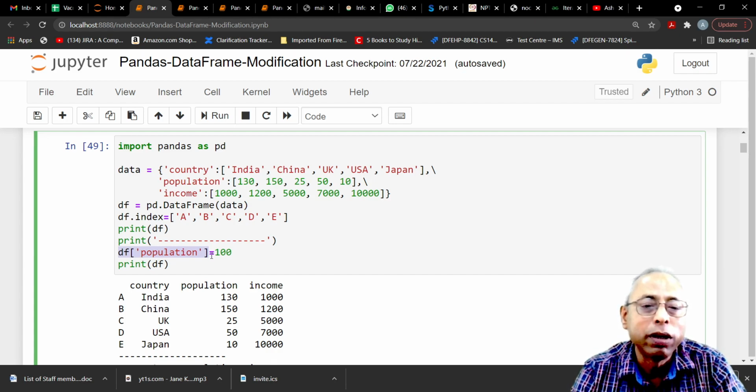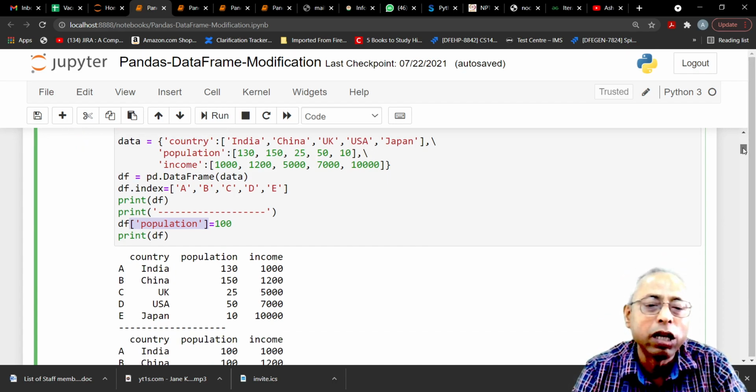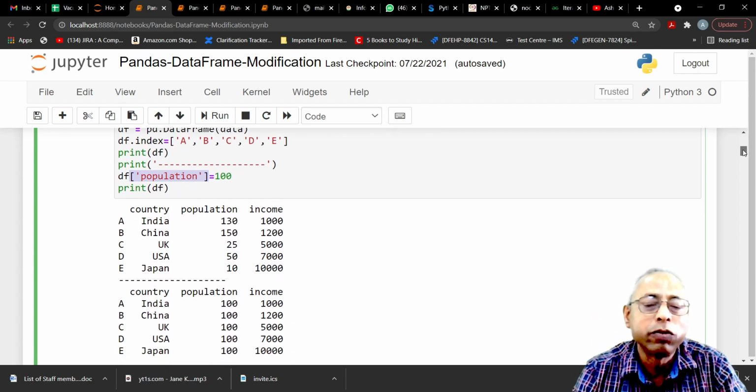So what will happen now? These are the different populations given: 130, 150, 25, 50, and 10. But if I set the population column of the df to 100, the entire content of the population column will become 100.